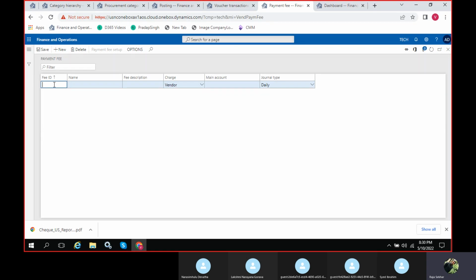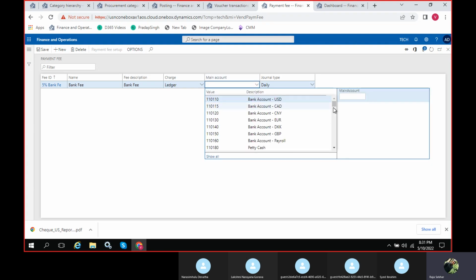Give some 5% of fees. Bank fees. You can give a fee description, bank fees, and you can define it at vendor level or ledger. I'll keep it at ledger.